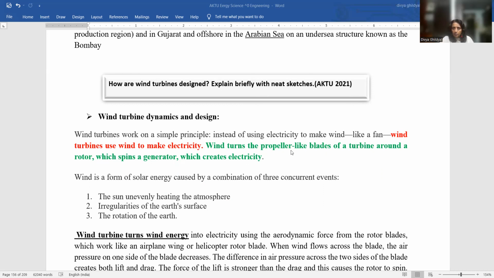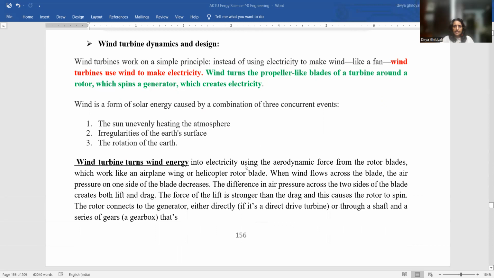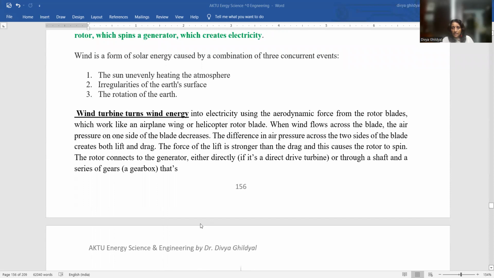Wind will turn the propeller-like blades of a turbine around the rotor, which spins a generator, and it will create electricity. Wherever we have to set up the plant, we have to consider many things. Firstly, a wind turbine turns wind energy into electricity